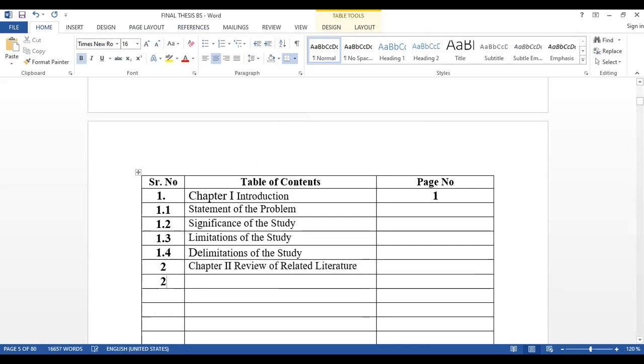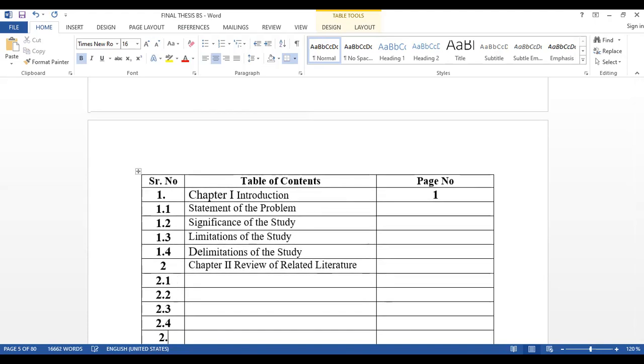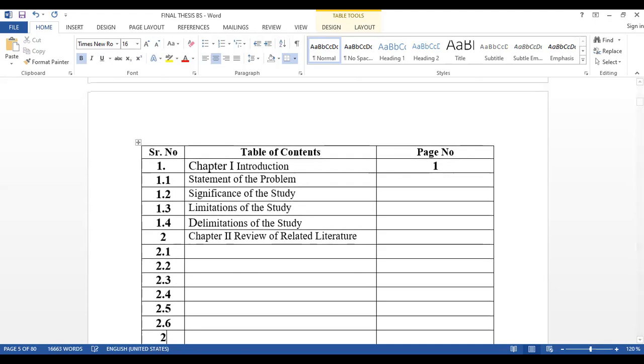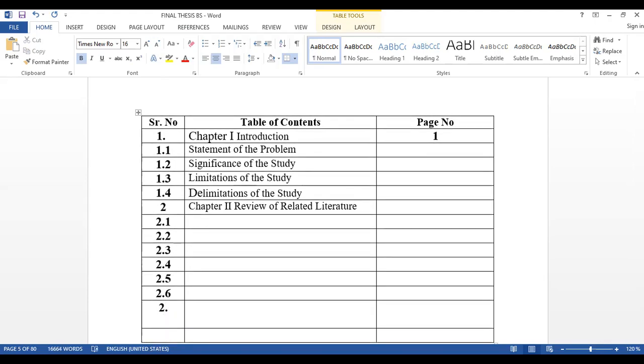After that, you select 2.1, 2.2, 2.3, 2.4, 2.5, 2.6, 2.7 and here is 2.8.